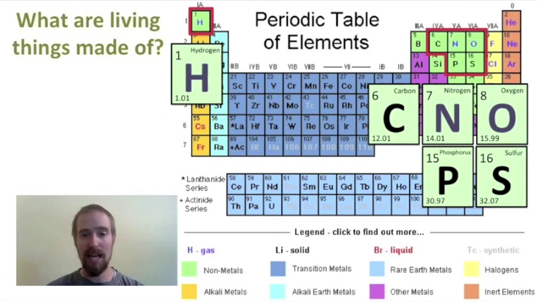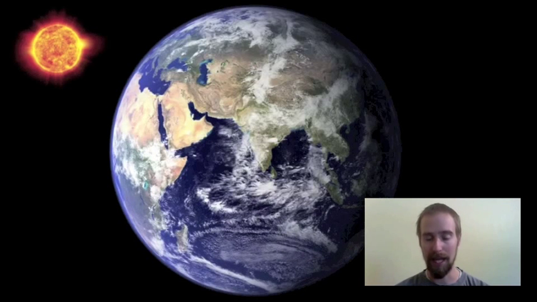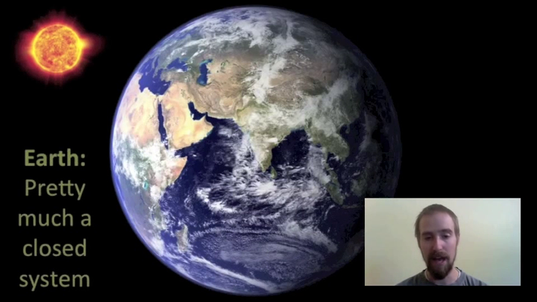And in fact, we get these materials from our planet. And that's because Earth is pretty much a closed system. And a closed system is something where matter is not able to move in or out of it. So if you think of our planet, it is made up of quite a lot of matter, but there's not really any new matter coming in, and there's not really any matter leaving our planet. All of the matter that's on our planet, including the matter that makes up living things, is there to stay. It came from the planet, and one day it can go back to the planet.